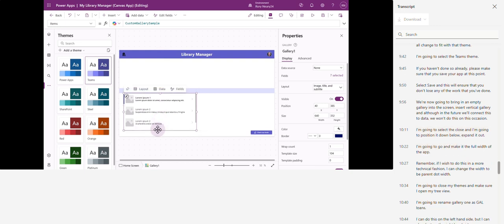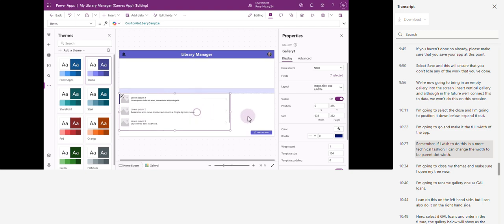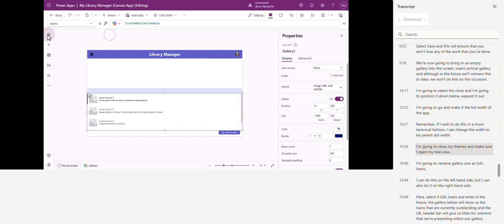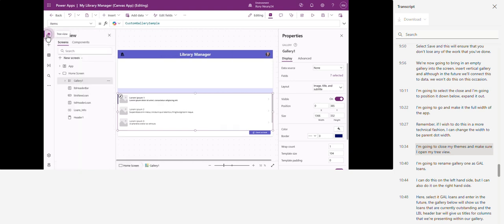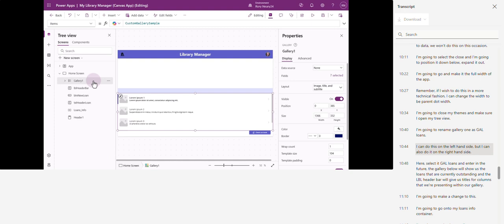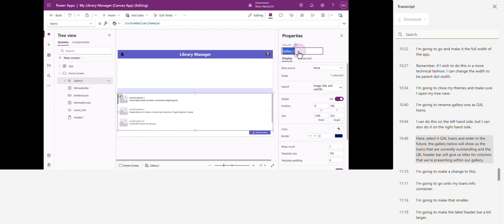Expand it out. I'm going to make it the full width of the app. Remember, if I wish to do this in a more technical fashion, I can change the width to be parent.width. I'm going to close my themes and make sure I open my tree view. I'm going to rename Gallery 1 as Gal Loans. I can do this on the left-hand side, but I can also do it on the right-hand side here. Select it, Gal Loans,